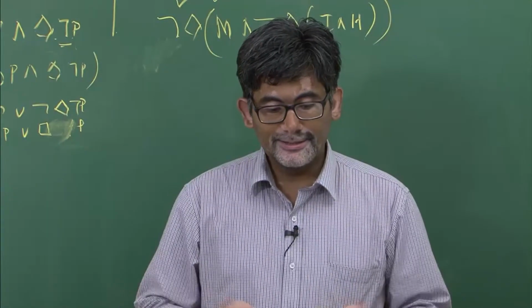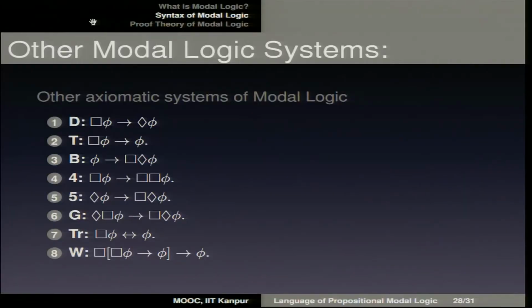So now based on, we just spoke about minimal modal logic, and till 1960s the attempt was this, that modal logicians were trying to come up with various kinds of logical systems, and they are named after one logician or another. For example, we have D. D states that it is necessary that phi implies that it is possible that phi. The same kind of formula which you are seeing here, it is necessary that phi implies that it is actually true, that may not apply in D.